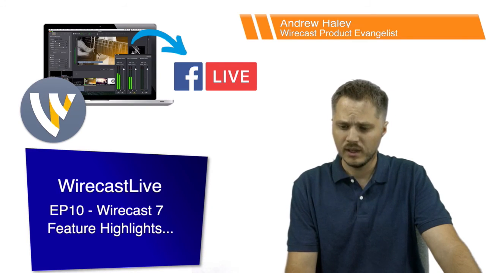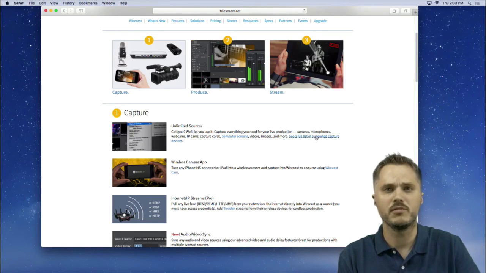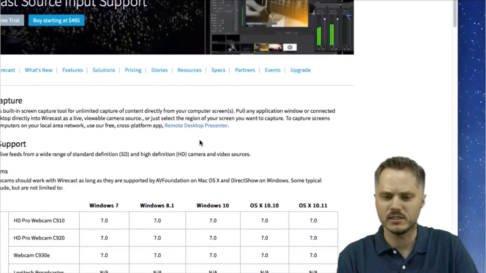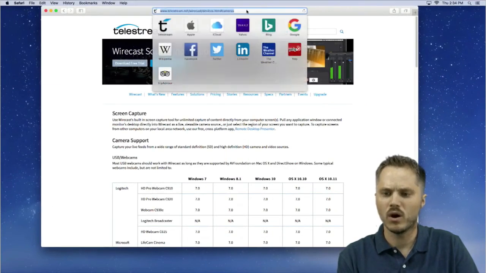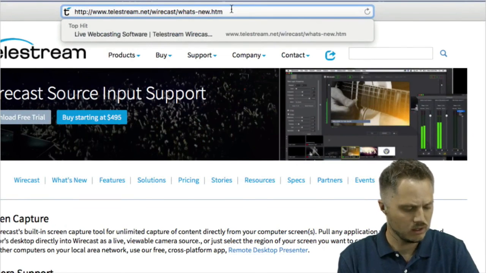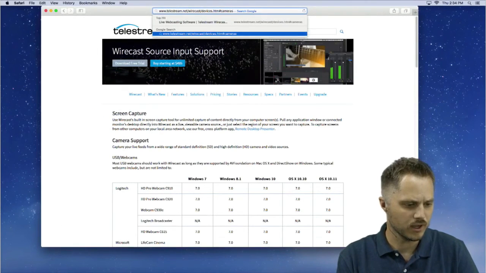If you click on features, you'll see capture, and you can see a full list of supported devices right here. So click on the full supported capture device list. That'll take you to this URL up here, and I can post that in the comments section for you. So I'm just going to post that for you.